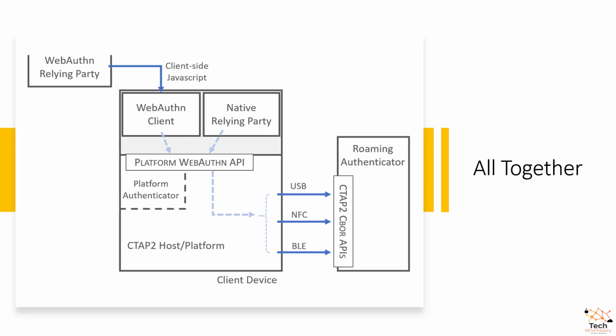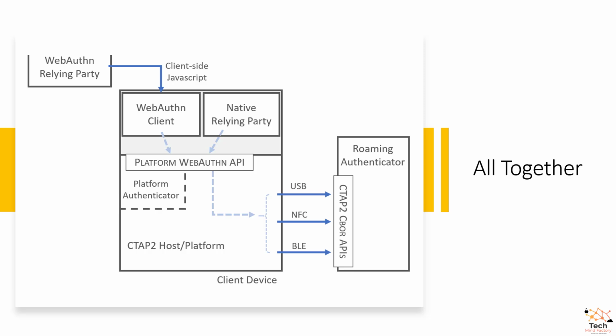So there is platform WebAuthn API. So it's built into the browser. As I mentioned, many browsers now support FIDO2 and WebAuthn. So there can be a platform authenticator like Windows Hello, as I mentioned before, but also it can be a roaming authenticator like a security key, like a USB stick that we insert into our computer to unlock credentials. And as you can see, the FIDO protocol is used for the roaming authenticator. Yes, it's really important to mention that the FIDO or client to authenticator protocol is used with roaming authenticators to enable